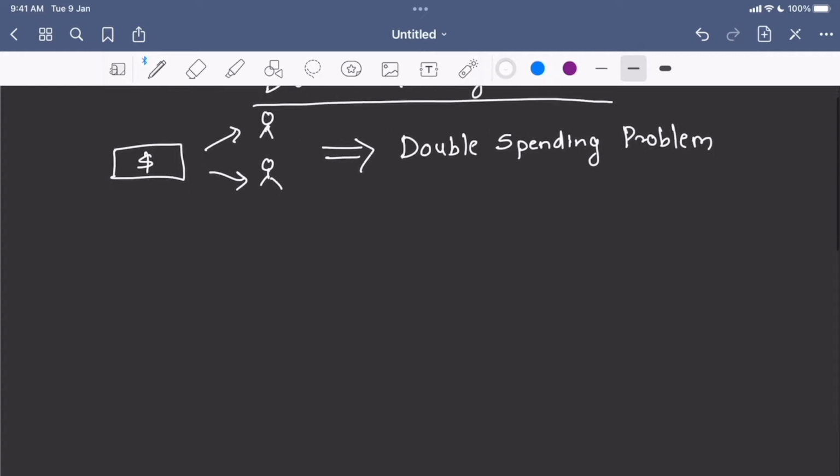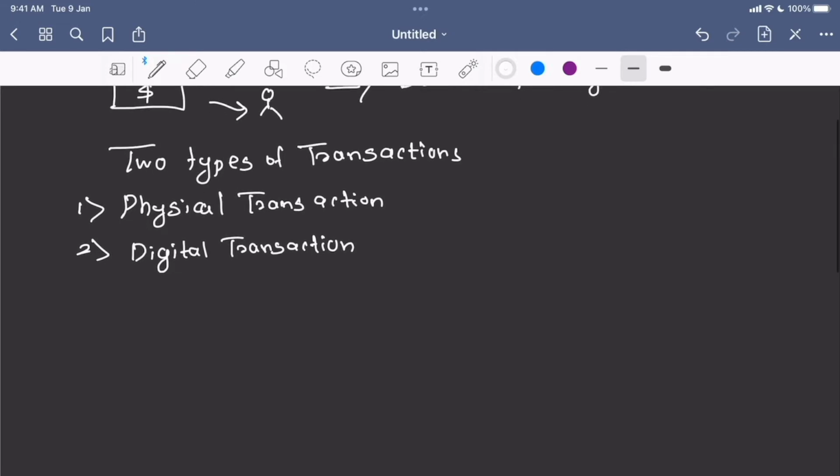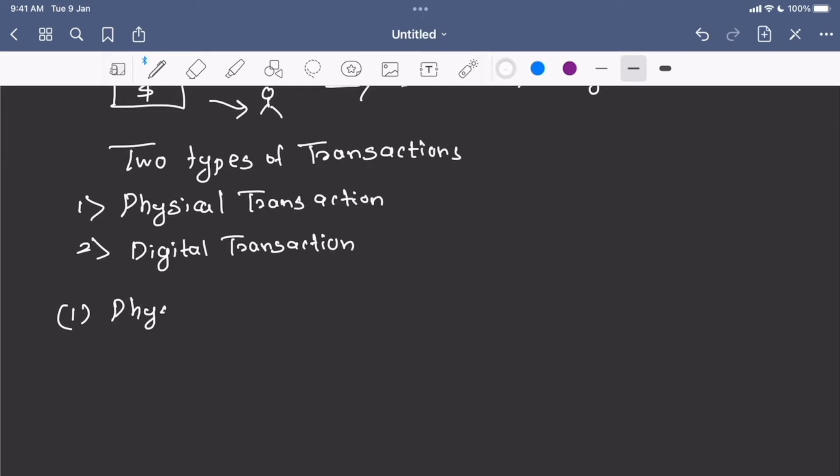So let's see how and in which transactions it can occur. There are two types of transactions. First one is physical transaction. The second one is digital transaction. So let's see in physical transaction, can double spending happen or not? So in physical transactions,